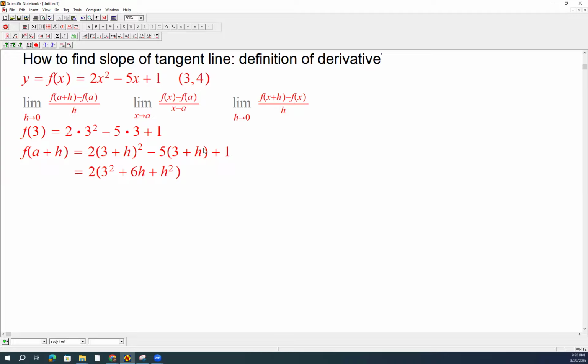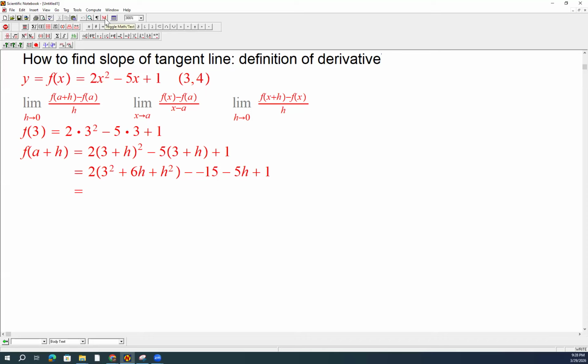Okay. And all the a's are substituted by 3, plus minus negative 5 times 3, that's minus 15, minus 5h plus 1. Okay, so let me double check. 3 squared plus 6h plus h squared. And then we're going to